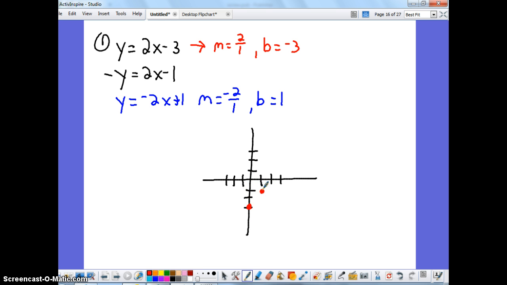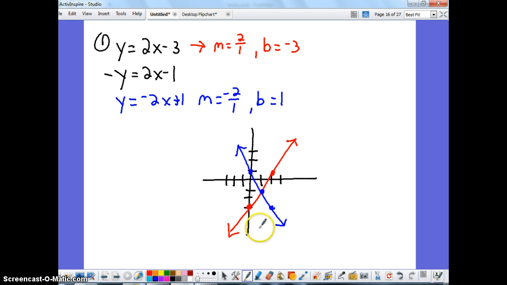Now for these, you want to make sure that you're being really neat when you're doing this so that you can see exactly where they are intersecting. So I typically go up a couple, so I'm going to go up another 1, 2, right 1. This is just to make sure that my line is very, very neat. It's obviously going to be better on graph paper. I don't have graph paper here for the purposes of this video. Next one, you start at 1, and you're going to go down 2, right 1. Down 2, right 1. Draw that in,